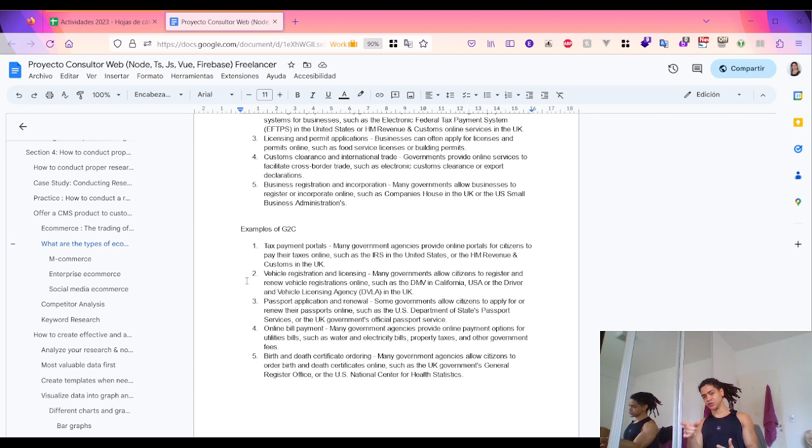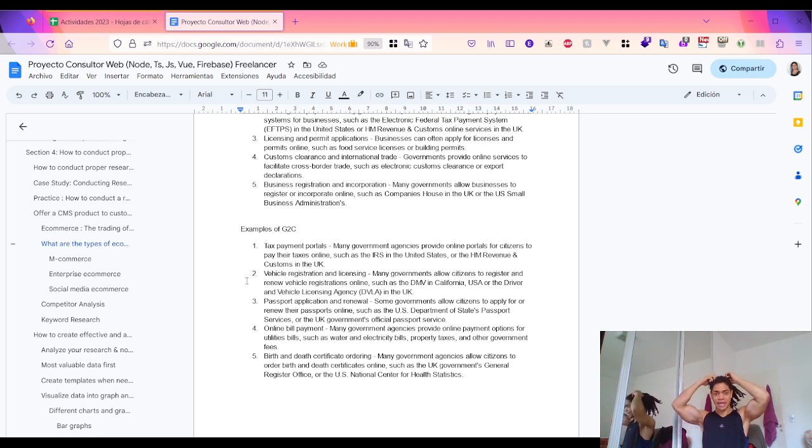Passport applications and renewal, like the U.S. Department of State Passport Service, or the UK Government Official Passport Service, online bill and payment,